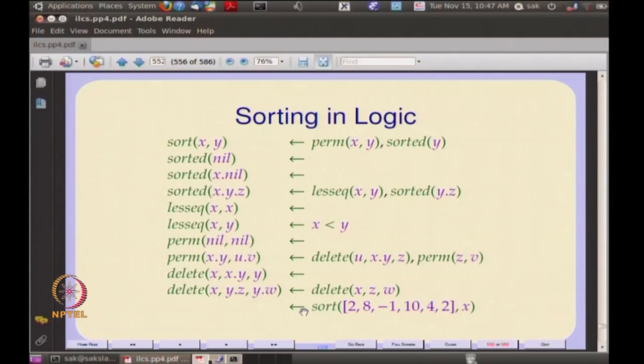So, remember that this is appearing on the right side of the arrow. So, therefore, it is actually a negative literal. A resolution will look for a positive occurrence of sort and then you try to unify them, unify the parameters. The only positive occurrence of sort is in fact here. So, when you take this set P and this goal clause G, the effect of finding a resolvent is to